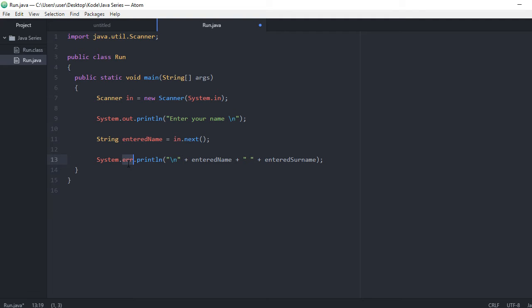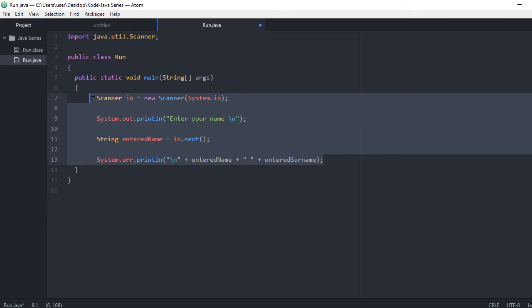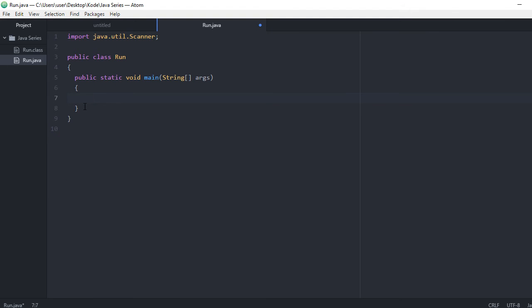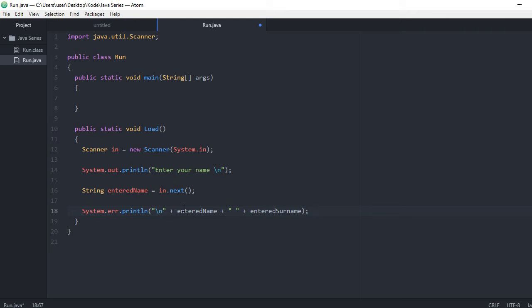And then system.err.println has to print the information that we had. Do you understand? You can also use out. It's out or err, whichever method that you love, you can use it. During this series, I'm gonna be using the err because that's what I love. I love being different when coding, and I have my own specific way in which I code. So let's introduce static methods, and then let's cut all this,